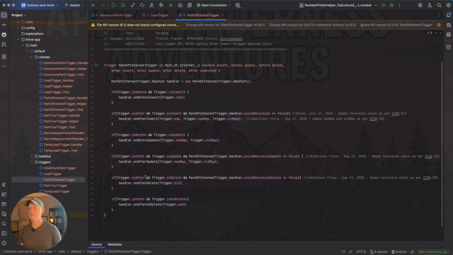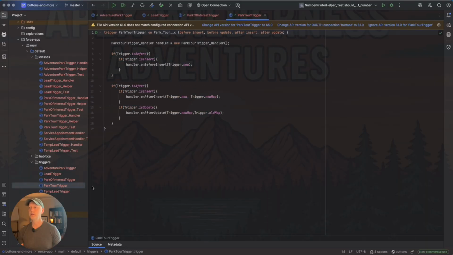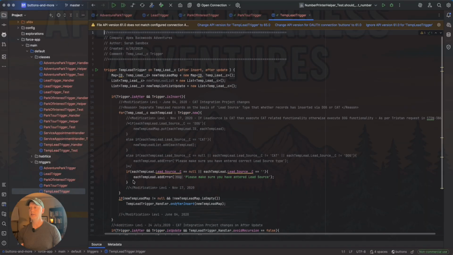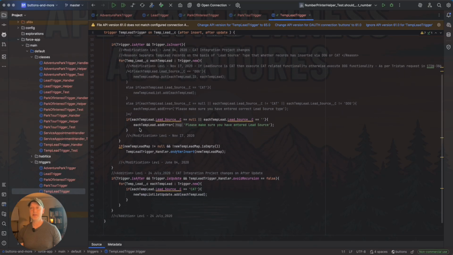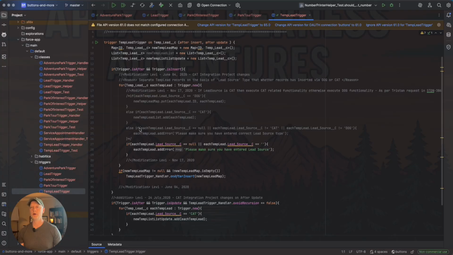And then we have our park of interest. We have a park tour. And then finally, we have our temp lead. And you can see that this one's gotten really messy. In terms of bad code, or code that I would consider not clean, if we're talking about clean code versus code that's not so clean, this is more problematic because this has truly violated a core principle